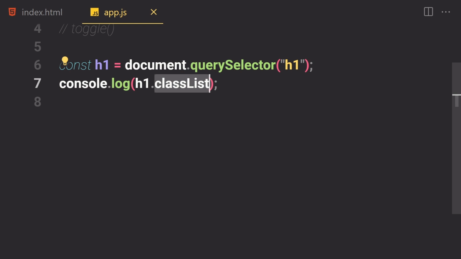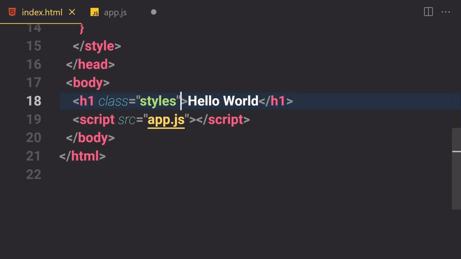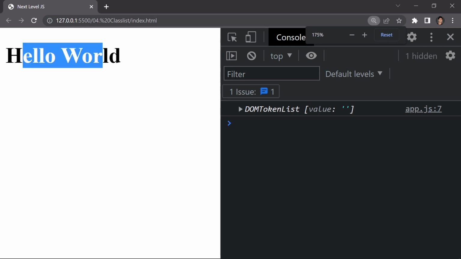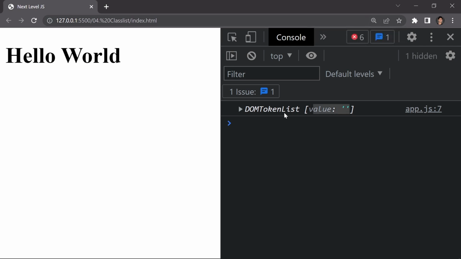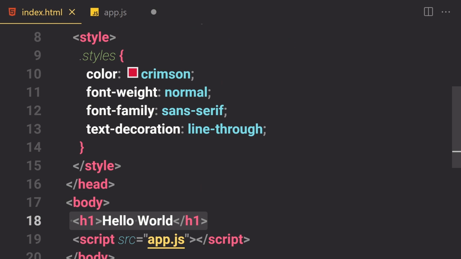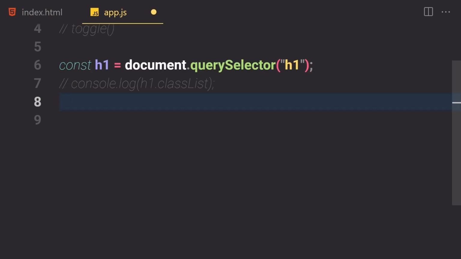Now the next thing we have to learn is how we can add classes to specific elements. So how can we go about doing that? Let's suppose I remove this class from here. If you save that, you can see we don't have any styling whatsoever on this Hello World, and we don't have any values inside our console. So we don't provide any classes inside this h1, but we do have that class of styles right here. But now if you want to attach this class to this h1 by using JavaScript and interacting with the DOM,